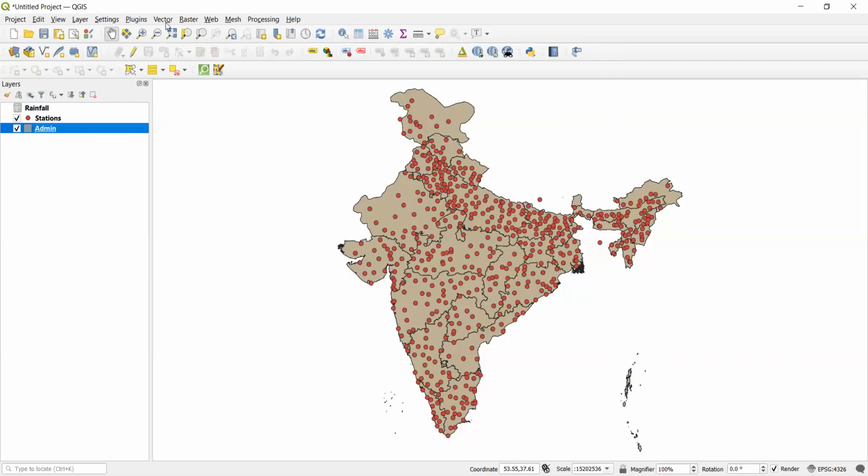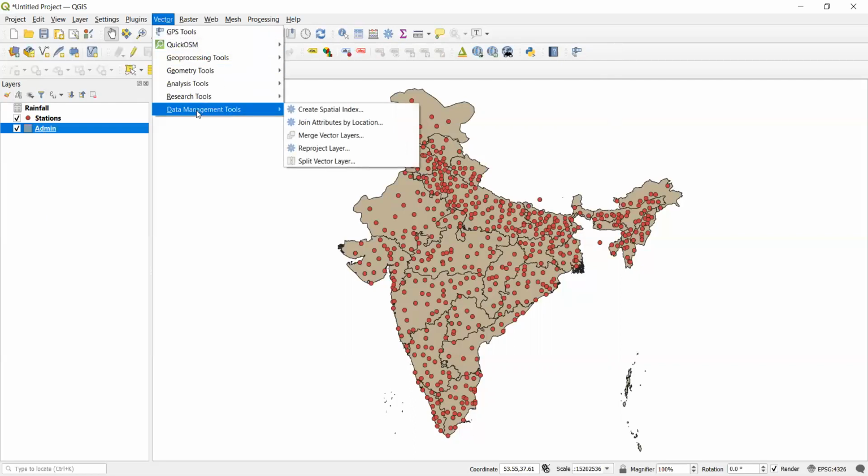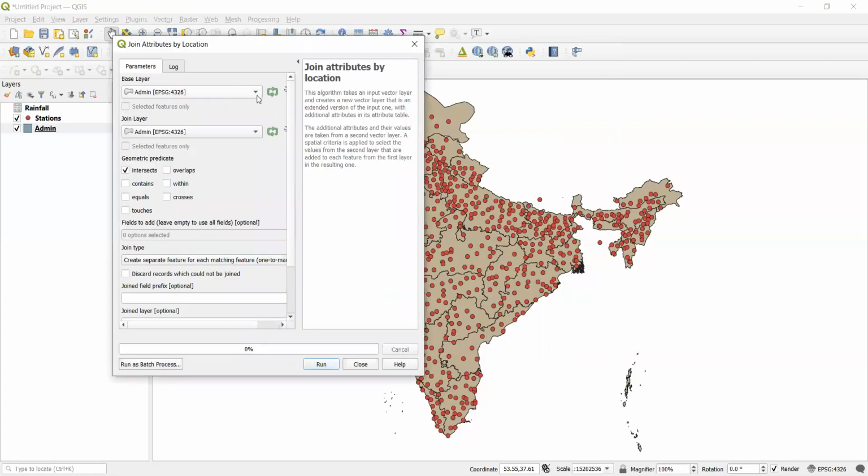For that we will go to vector, go to data management tools, and join attributes by location. Why do we have to use location? Because we don't have a common attribute. We have already seen there were district and the rainfall data in station, and no such field is visible in the admin data. So I will click on join attributes by location. The base layer is admin, the joining layer will be stations. Now I want within, whatever comes within, not the intersection. I want within,